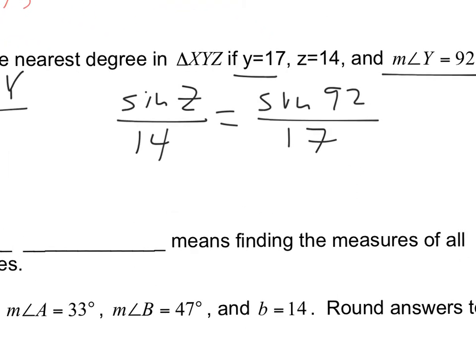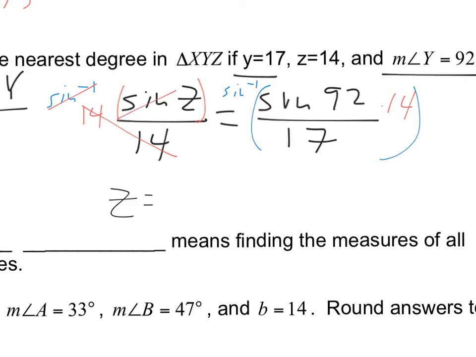Remember, my goal is to get this sine z all by itself first. So to do that, I'm going to multiply both sides by 14. That cancels out. And now I have that situation where I have the sine of an angle equals something else. So I'm going to need to do the arc sine of both sides. We did this before. Now when I do that, the arc sine and the sine cancel out, so I finally have z equals